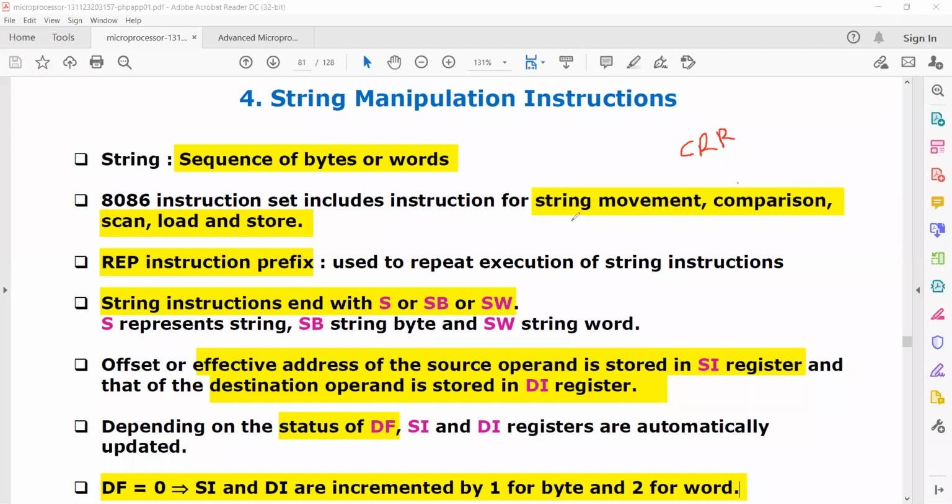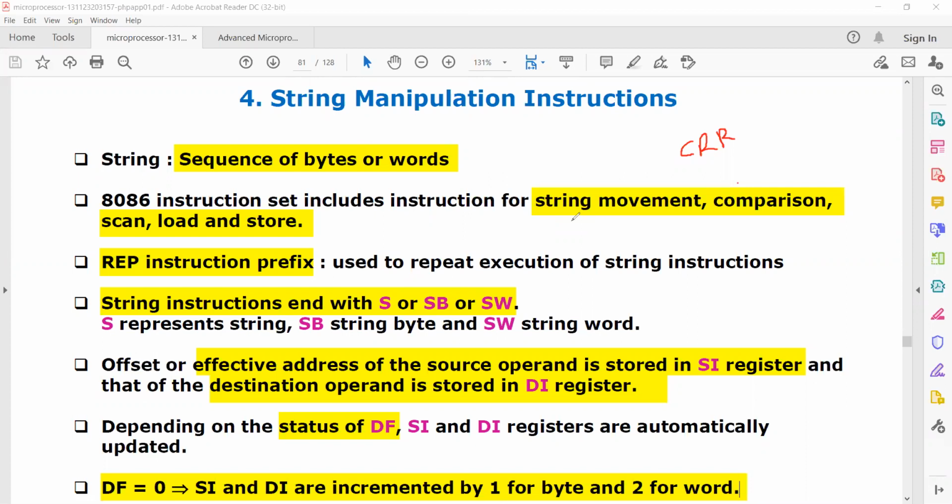Similarly, comparison between two strings can be done, and scanning, loading, and storing of strings. These are all the operations supported by the 8086 microprocessor.